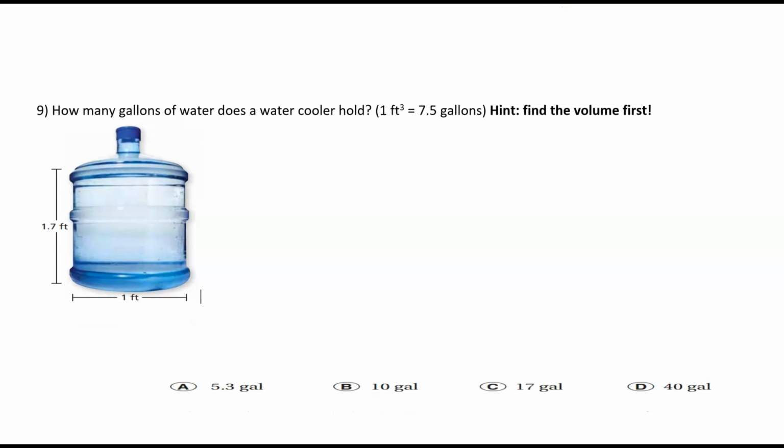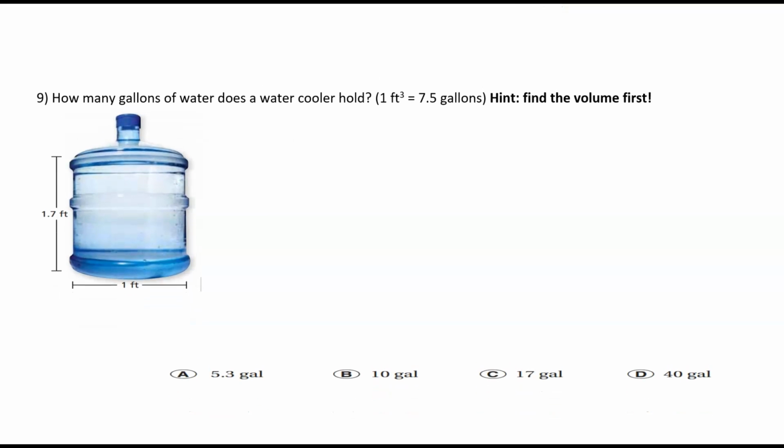And lastly, question number 9. It says, how many gallons of water does the cooler hold? 1 foot cubed of water is equal to 7.5 gallons. So hint, find the volume first, right? So again, volume, by this time you should know, is pi r squared times height, because this is a cylinder, right? So volume is equal to